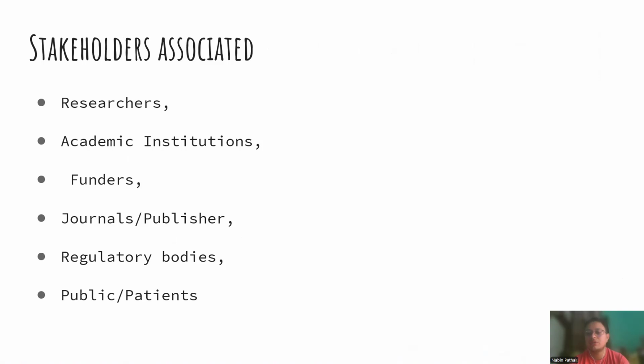So, who are the stakeholders associated with mitigating this problem of predatory practices? The first one is researchers themselves, who need to understand that there are different kinds of journals and different models of publishing, and that we do not want to publish in a predatory journal. Academic institutions also have a major role, as they want to promote their lecturers, assistant professors, and professors, and even encourage students to publish in impactful journals, not predatory ones. So they can conduct training sessions and motivational sessions to help identify predatory journals. And the third one is funders.